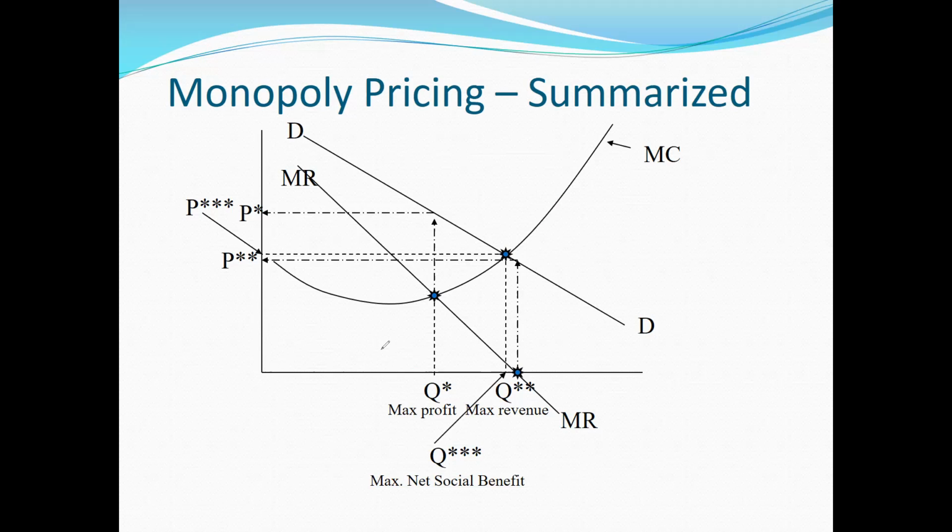So remember, we talked about max profit pricing. We talked about max revenue pricing. So I'm talking about a third element now, which is under the monopoly, how do you maximize the net social benefit? Okay, so I'm introducing a third concept, P triple prime, and P triple prime is basically this new point